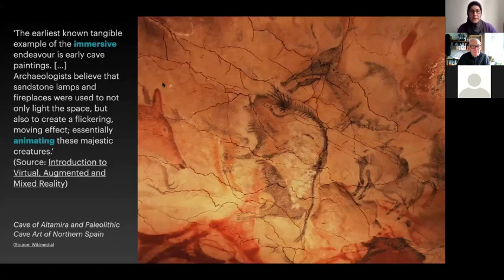So I took a short course on Introduction to Virtual, Augmented, and Mixed Reality, and there they suggested it actually started 17,000 years ago with cave paintings, because archaeologists say that in these caves with these paintings, they had flickering lights and used that to give an impression of these animals being animated.